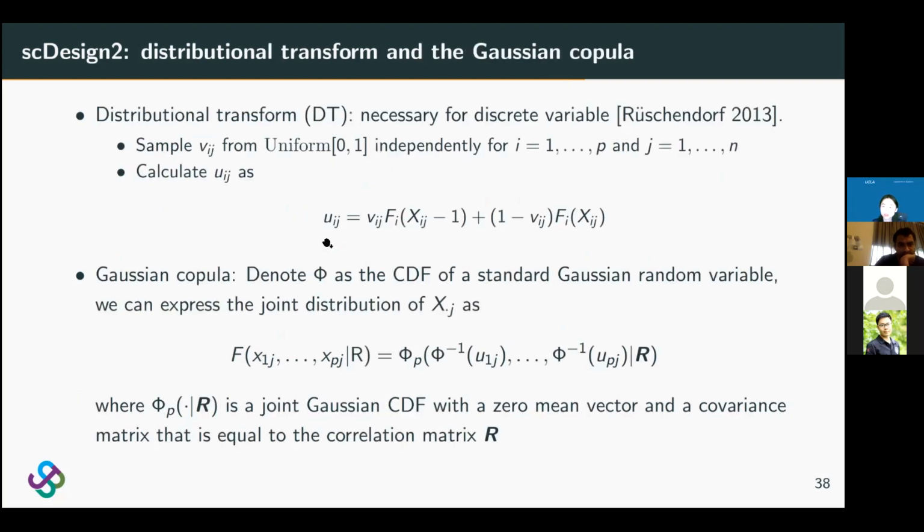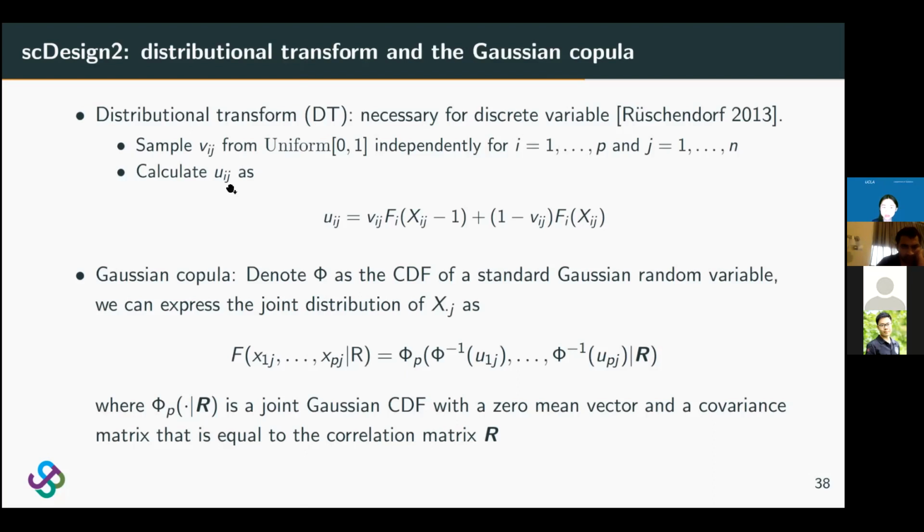To address that issue, we use a technique called the distributional transform to make a discrete random variable become continuous. What we do is randomly sample a variable Vij from uniform 0 to 1